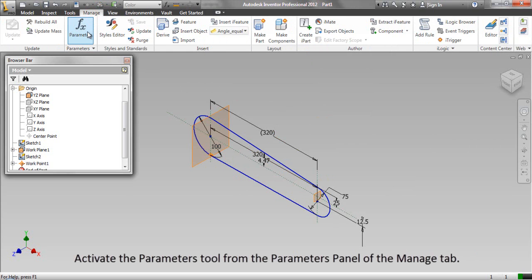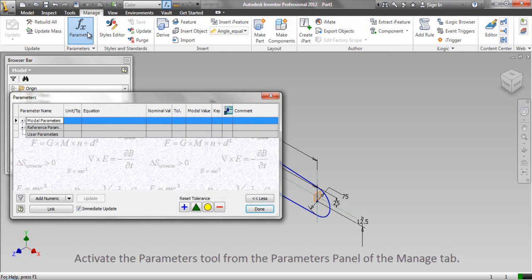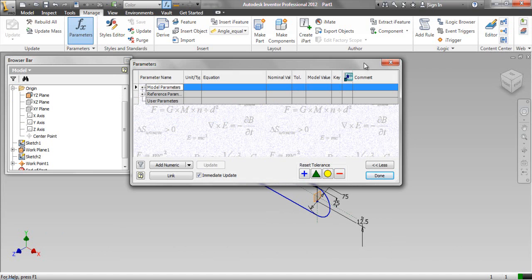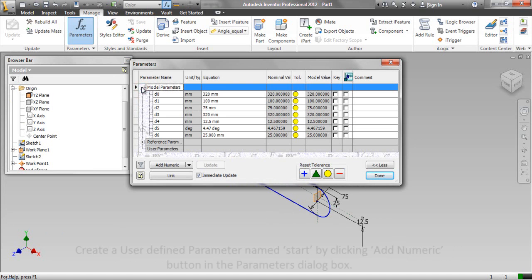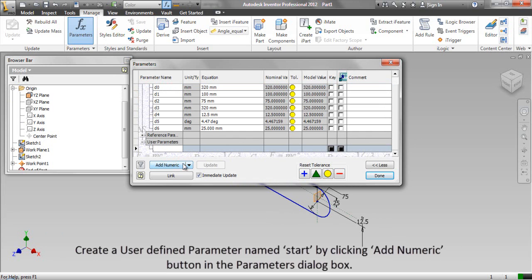Activate the Parameters tool from the Parameters panel of the Manage tab. Create a user-defined parameter named Start by clicking the Add Numeric button in the Parameters dialog box.